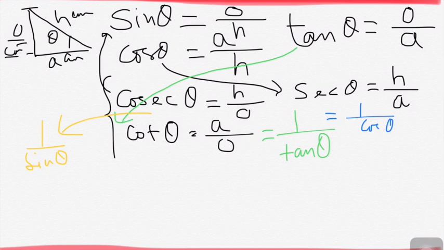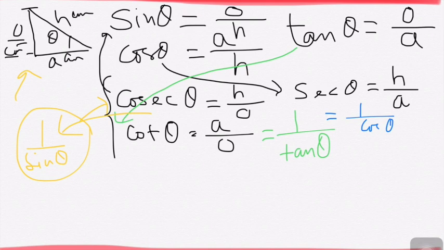So in exam there might be very short questions where the sides of the triangle are given. You will be asked to figure out what is the value of sine theta, cos theta, and tan theta. And it may ask you, let's say sine theta is given, find out cosec theta. Then you can easily apply this formula and find out the value of cosec theta.